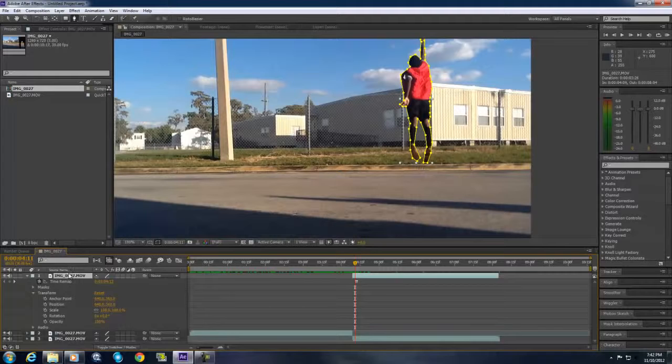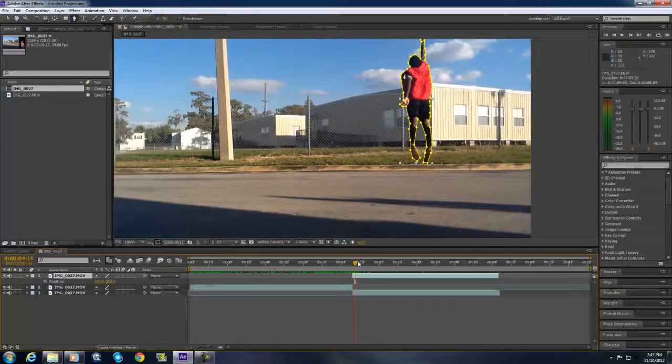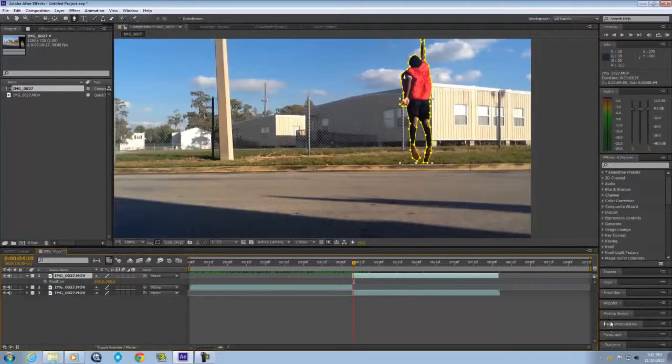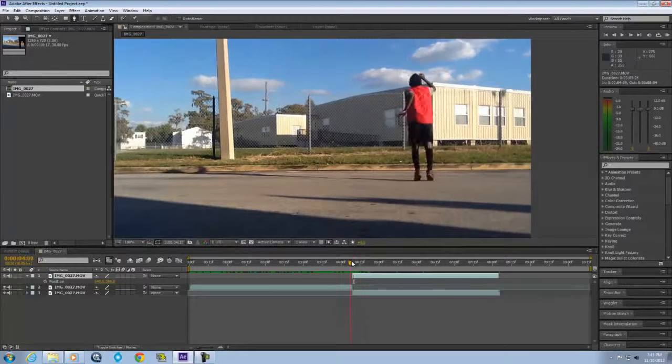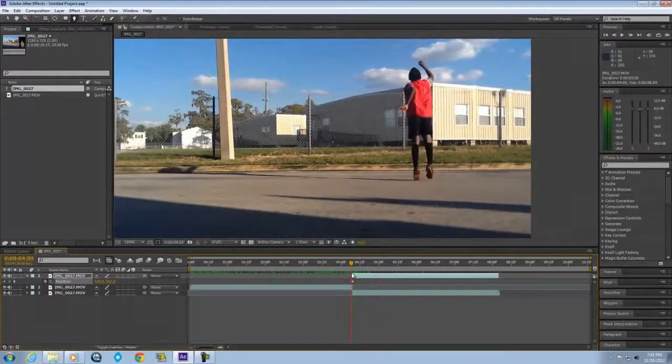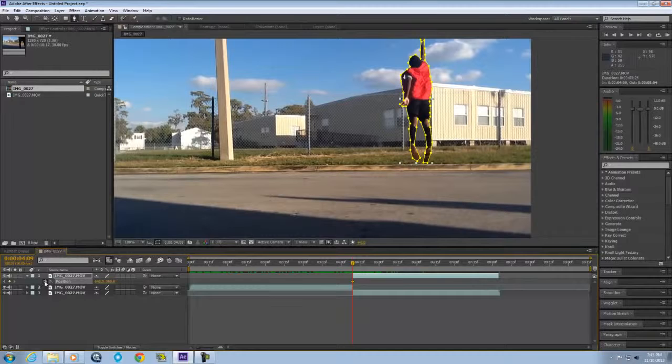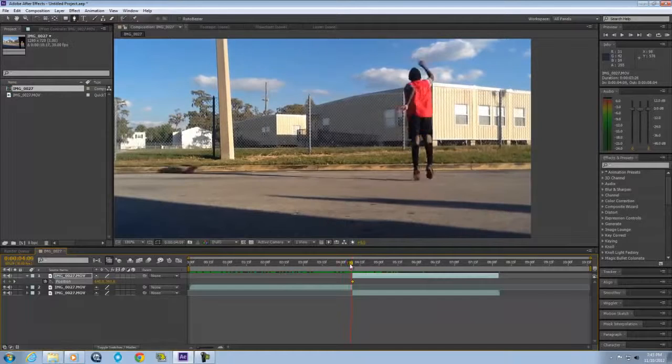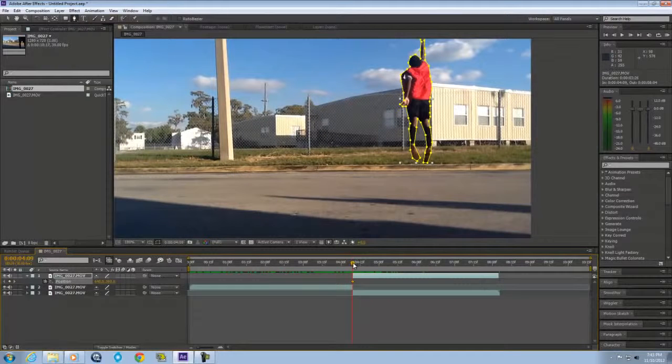So click on it, click P, or go to position, and now we want to find the part where he just falls into the air, the first part right here. We want to find that part, and then we're going to click this little stopwatch right here. Remember guys, you have to click that little stopwatch or it's not going to work. So click this right here, make sure it's at the beginning, and then just move it a little bit, like